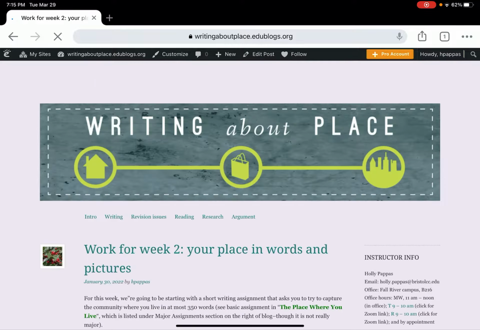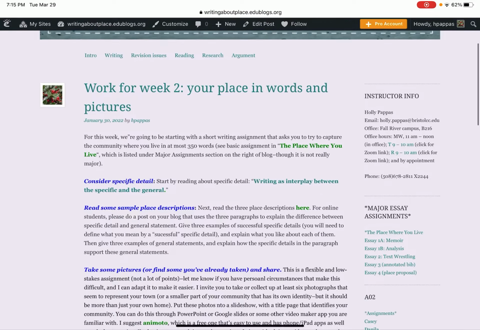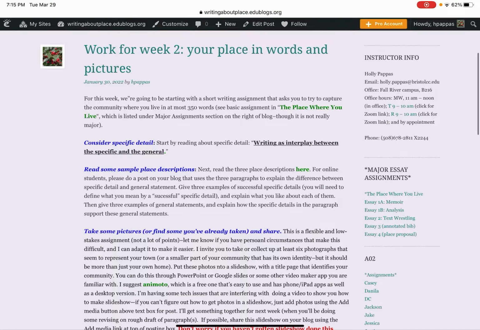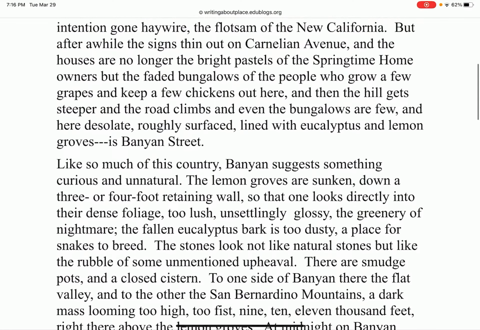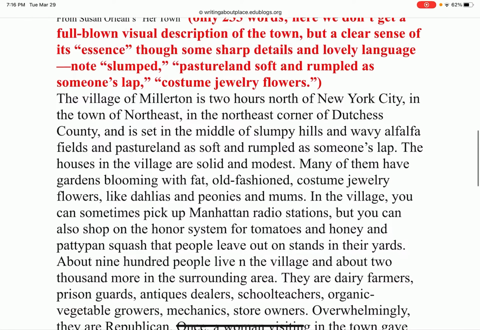Get this link to work. Okay, so it's here. Next, so there are 3 place descriptions here, which are samples that are written by professional writers, to give you an indication of how many details a writer can pack into 350 words. So the idea was to read those 3,